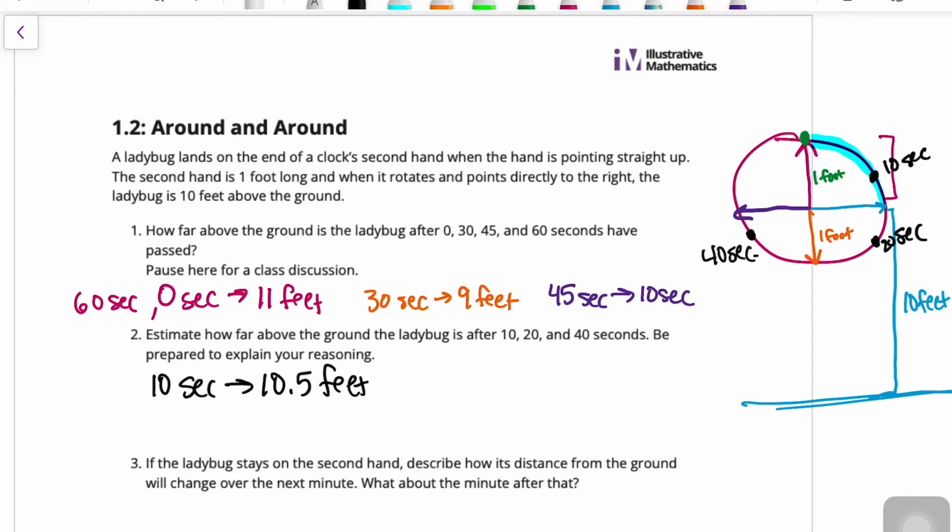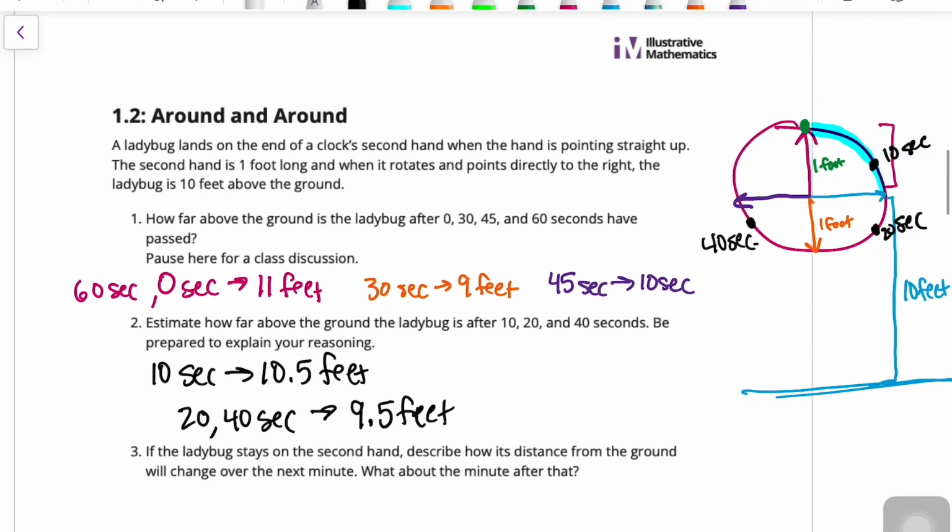And then 20 and 40 seconds are along that same horizontal, and those are about 9.5 feet, because if you subtract that half a foot from 10 feet, you get 9.5. All right, if the ladybug stays on the second hand, describe how its distance from the ground will change over the next minute. All right, so as the ladybug's moving around,